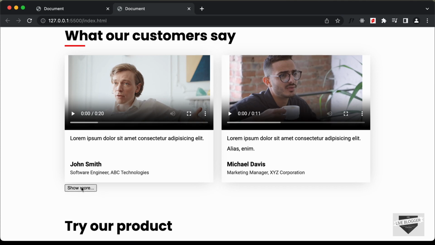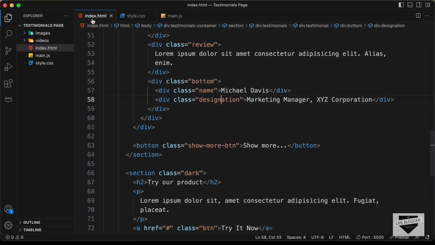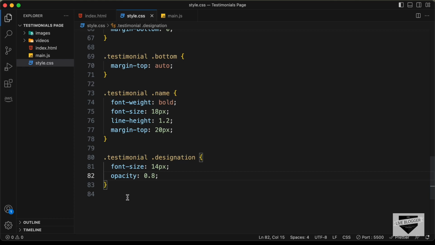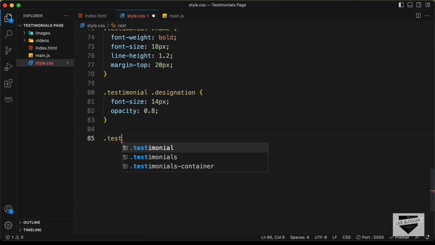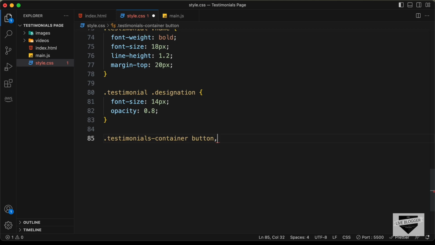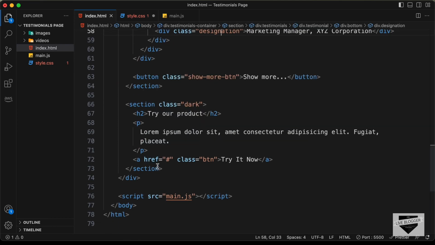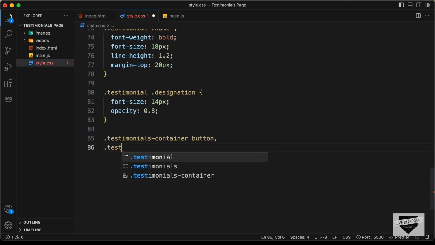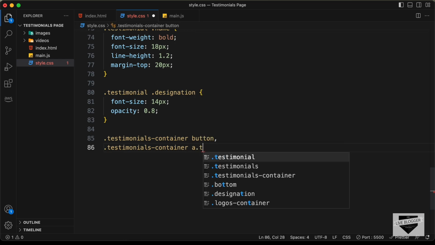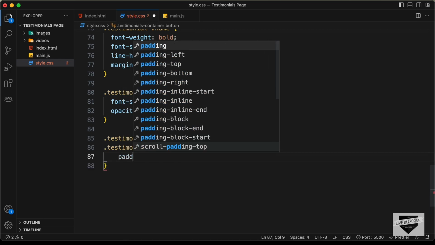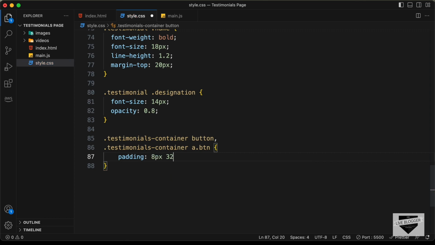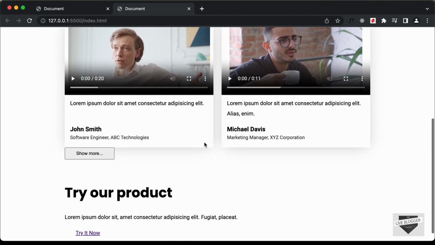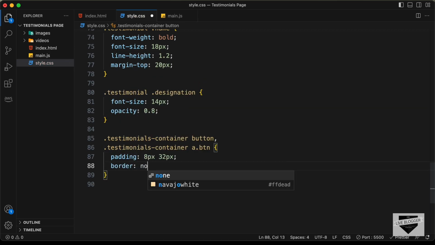Now let's go ahead and style this button. So for the button we have a button tag. So let's type testimonials container button, and we also have this button for this last section over here. So we have an anchor tag with a class of btn. So let's target that as well. I'll just type testimonials container a.btn, and let's go ahead and set a padding of 8 pixels top and bottom and 32 pixels left and right, and let's set the border to none, and let's set a margin of 24